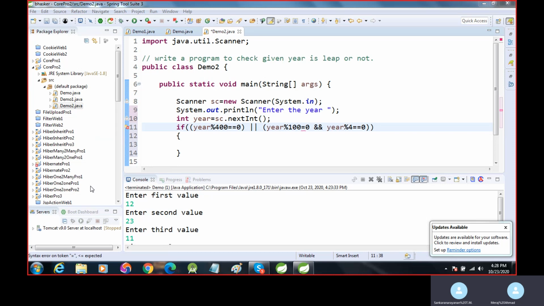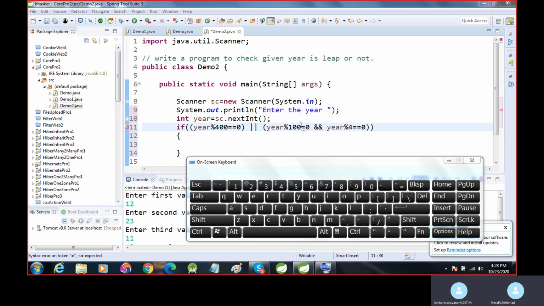Sir, can you give me an explanation for this? Why are we taking the modulus for 400, 100, 4? Yes.